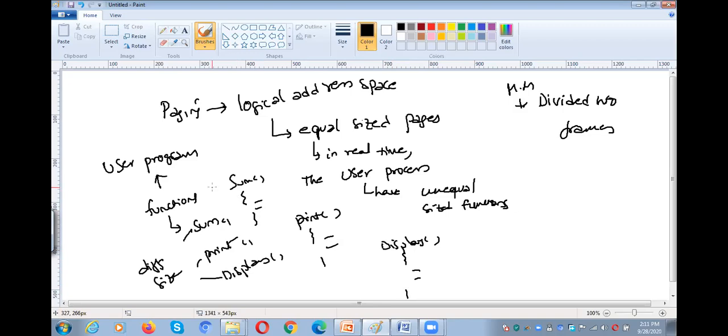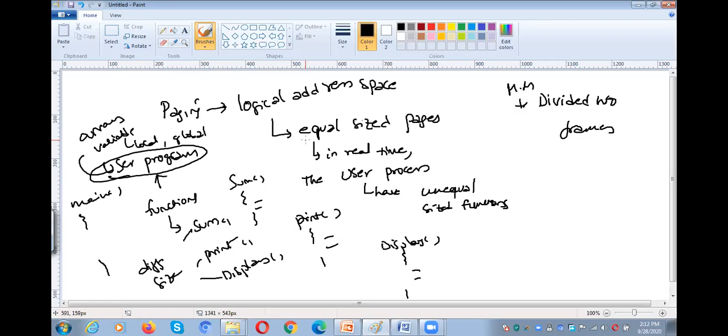That means in real time, the user process has different sized functions within it, right? And the main block is of different size. Again, main is a function, of different size, and it consists of arrays. The user program may have variables, local or global. Like that, different entities are available in the user program.